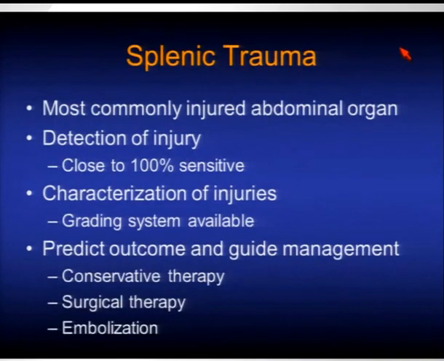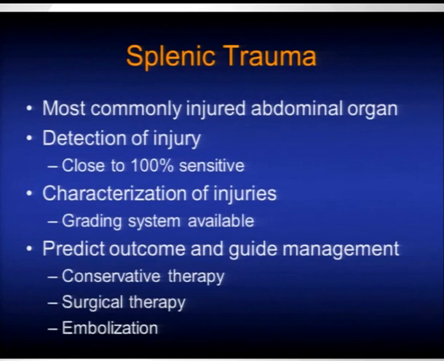If we move over to the spleen, the spleen is probably the most commonly injured organ in the abdomen. Again, there is a grading system of injuries available. It's again of very limited use in terms of triaging patients for further management. And again, we're imaging in the spleen to predict the outcome and guide patient management, between conservative therapy, embolization,